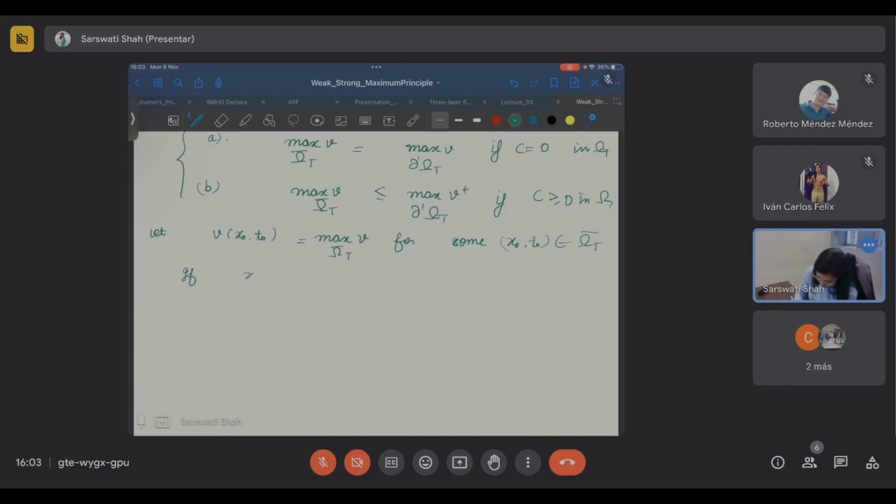If this point lies inside the region omega T, then the derivative of V at (x naught, t naught) is going to be 0, and Vt(x naught, t naught) is greater than or equal to 0, and